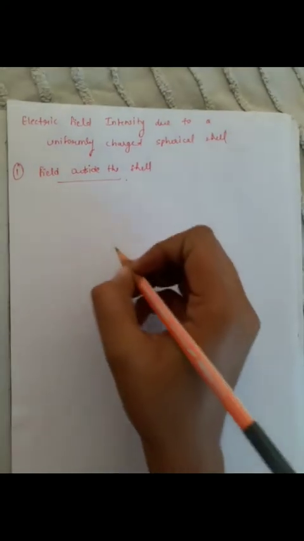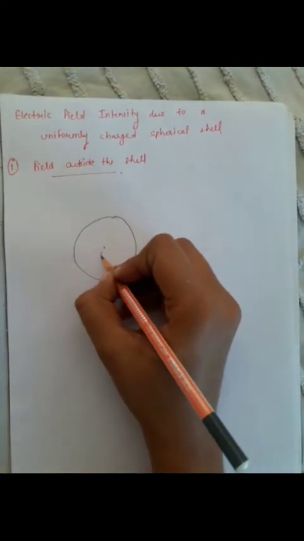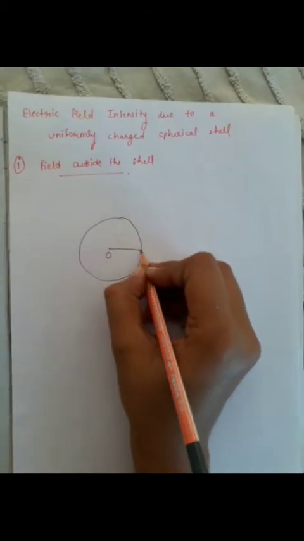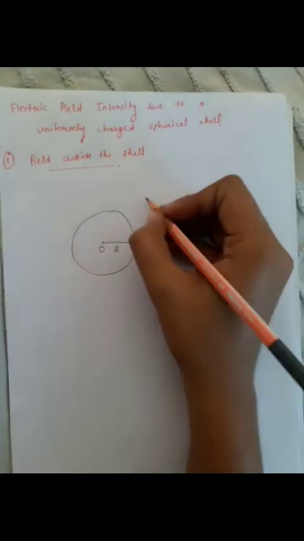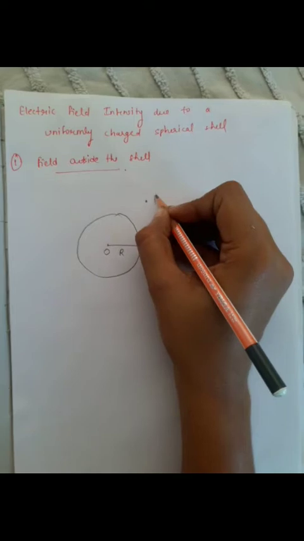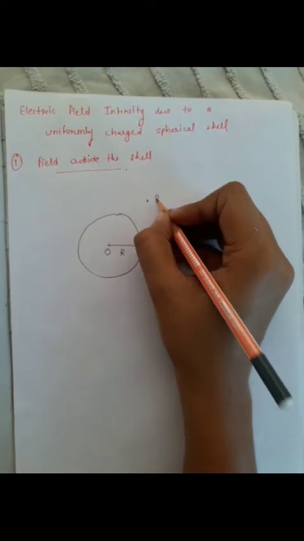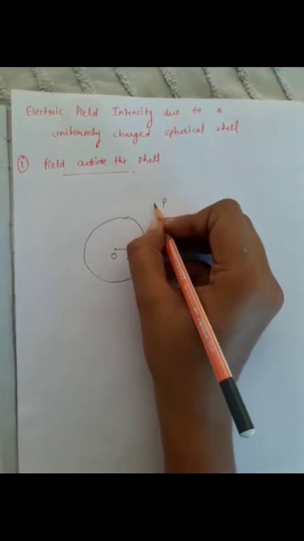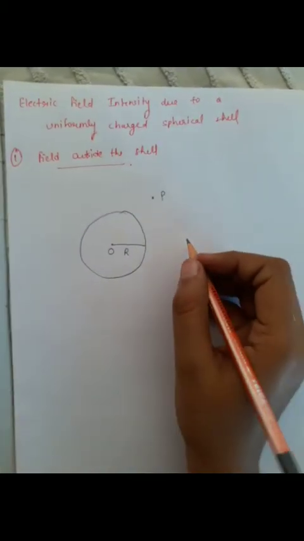Okay, our next topic is electric field intensity due to a uniformly charged spherical shell. We will take a sphere here at origin O, and the radius of this sphere is capital R. We need to calculate the electric field intensity at a point P which is outside the surface. So at point P we need a surface which has